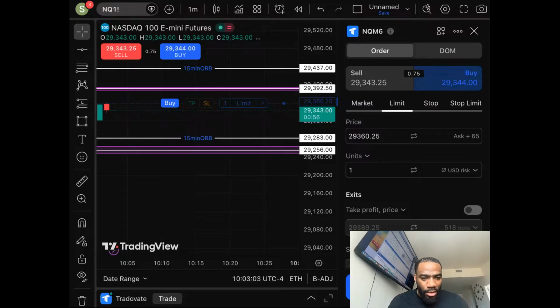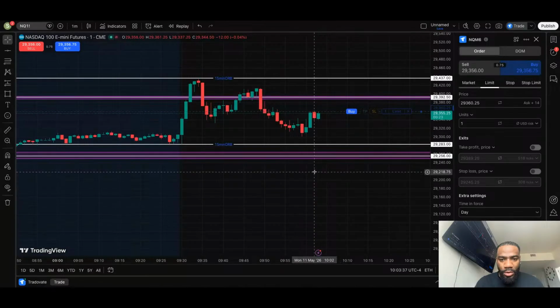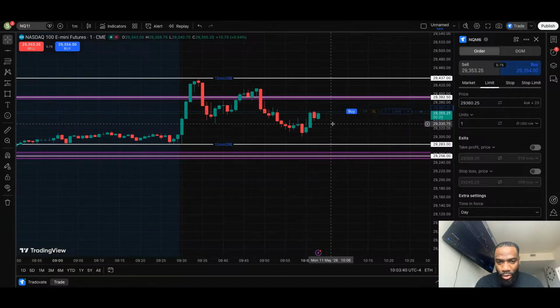So Monday, no red folders, so not crazy. And on Finviz, like I said, I'm trading Nasdaq. You can see in the background, y'all see a lot of red, right? Mad red. I don't trade off of this stuff, but it does help show a direction. I'm gonna try to catch a nice entry, a nice little pullback, but I really want to catch it down here. What y'all think? Should I wait?